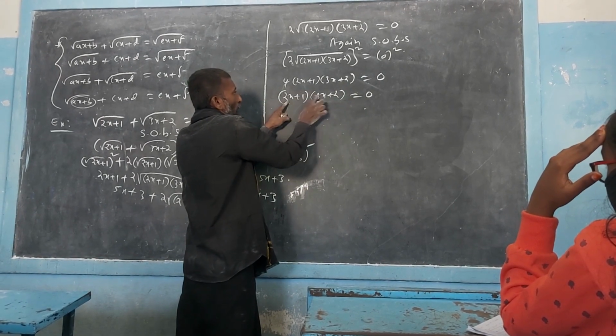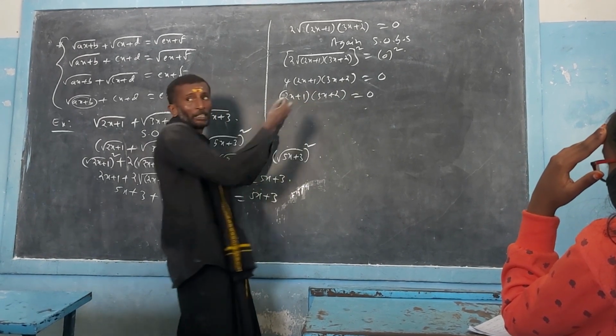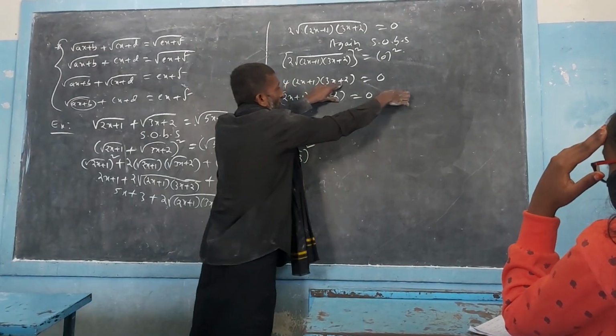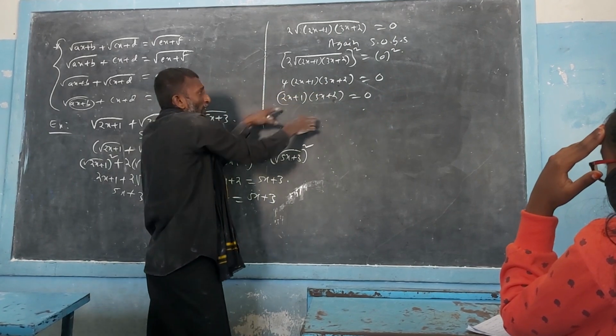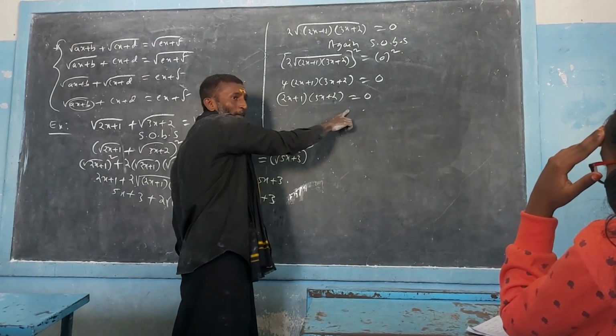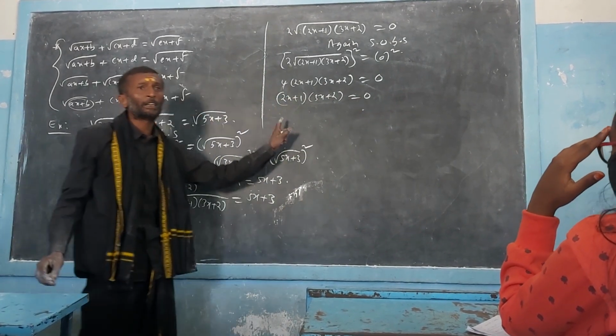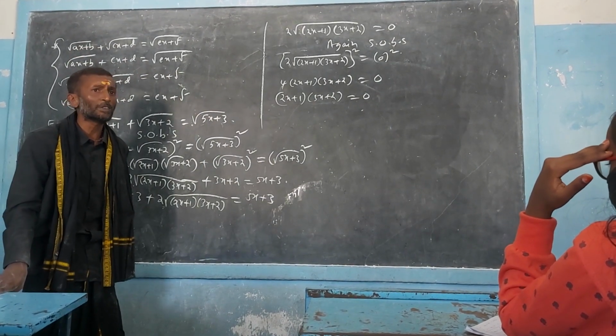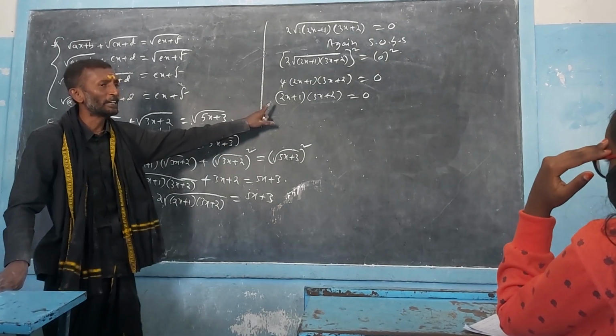You will get a quadratic function: 2x into 3x square, that will become 6x square. A second degree function becomes here. Here the linear factor will come. If I send it to this side, again you will get a quadratic polynomial equation. So then again you need to split the middle term into 2 parts, where you need to solve the quadratic equation. So this is a very easy problem.